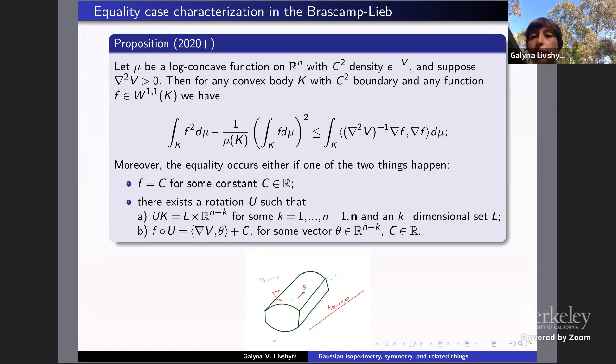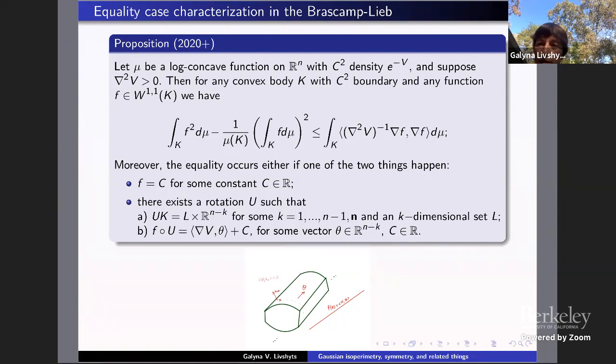So anyway, the idea is that if we consider any log concave function with density e to the power minus V, which is supported entirely on R^n and is smooth, then for any smooth convex body K, we have this inequality. Like I said, it's known, but the equality holds if and only if either F is constant, then obviously we don't need anything from K, or